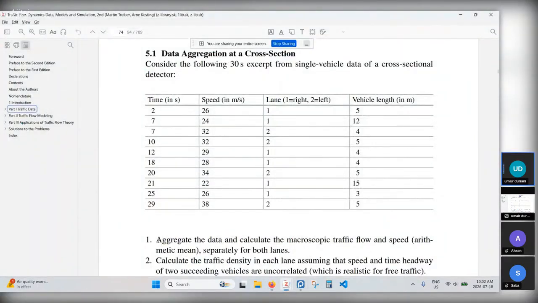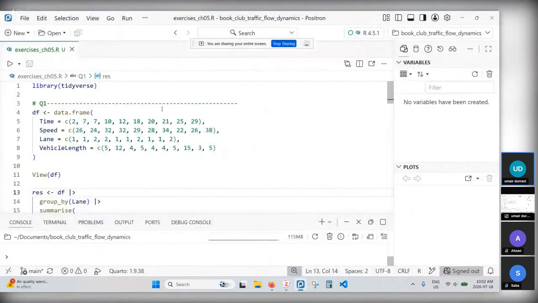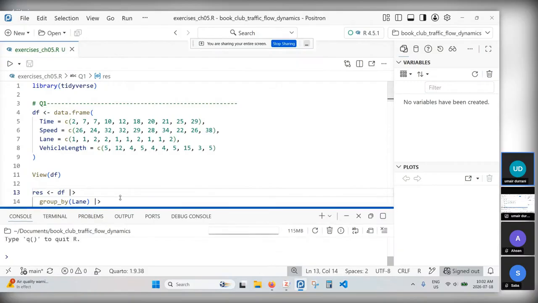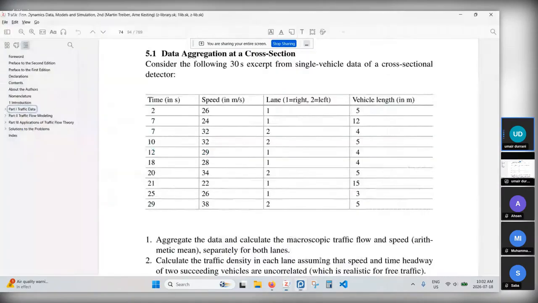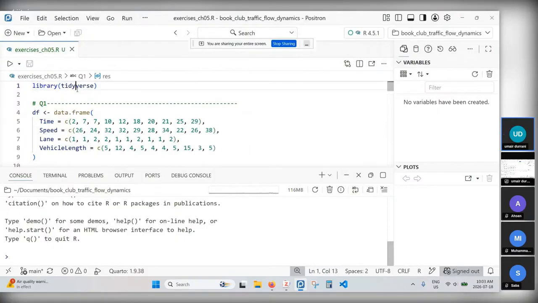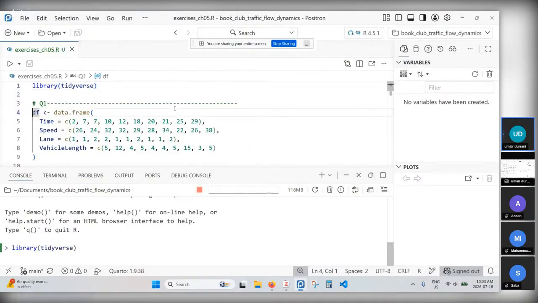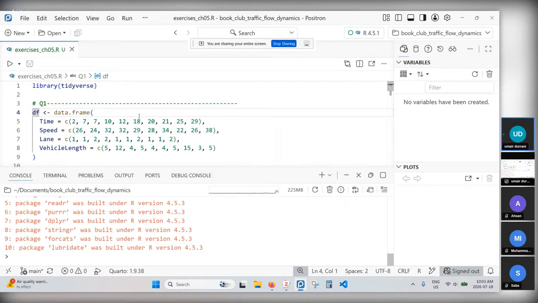So for the first question, where we are going to aggregate the data and calculate the macroscopic traffic flow, I did it on Positron here with the R programming language. The data that we have here in the table, which has these 4 columns, I have put them in a data frame. And I load the tidyverse, which contains the packages for data manipulation and analysis, for the